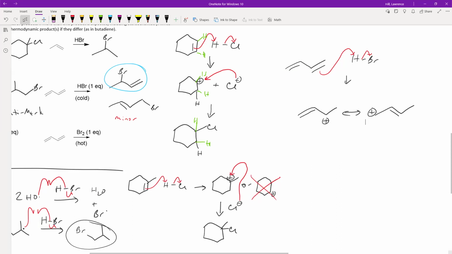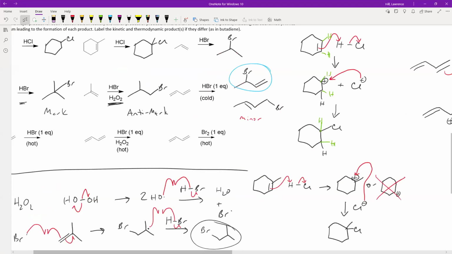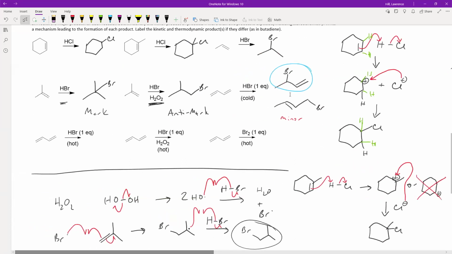And so I can't really tell you, oh, this is cold, that's hot, and expect you to get it right on an exam. Mostly on the practice, I just want you to think about it. But I could say on an exam, here's the addition of HBr to a diene. You get this ratio of products at a given temperature. What do you expect to happen to the ratio of products as you increase the temperature? And your answer should be that it moves towards the thermodynamic product, or it moves towards the 1,4 addition product. That's it. Okay, so if we heat it up, we expect to get the other product as our major product